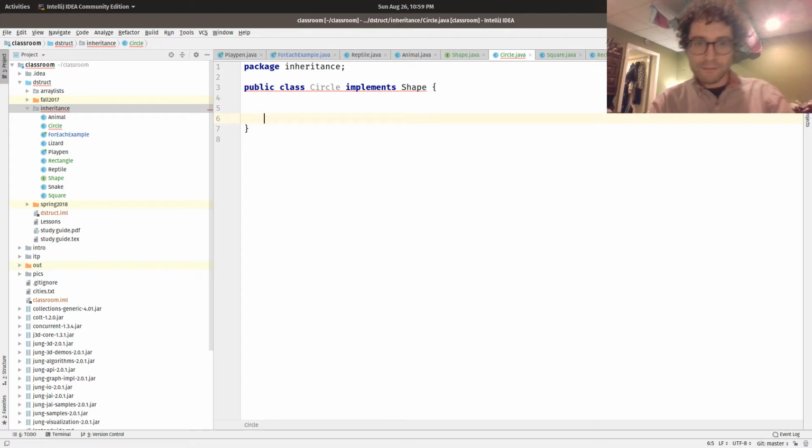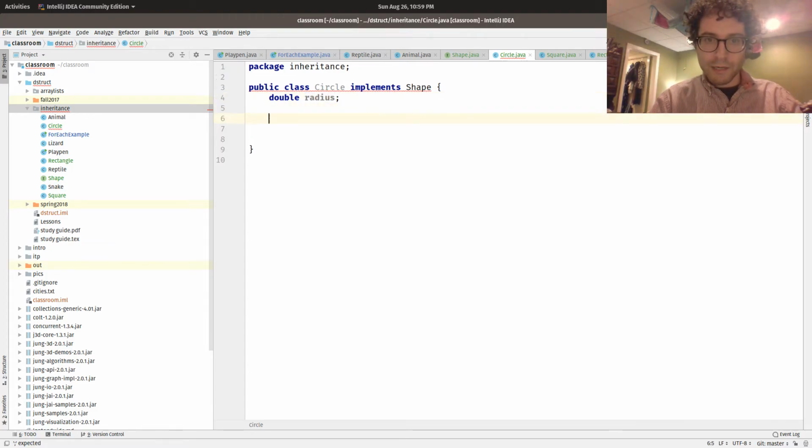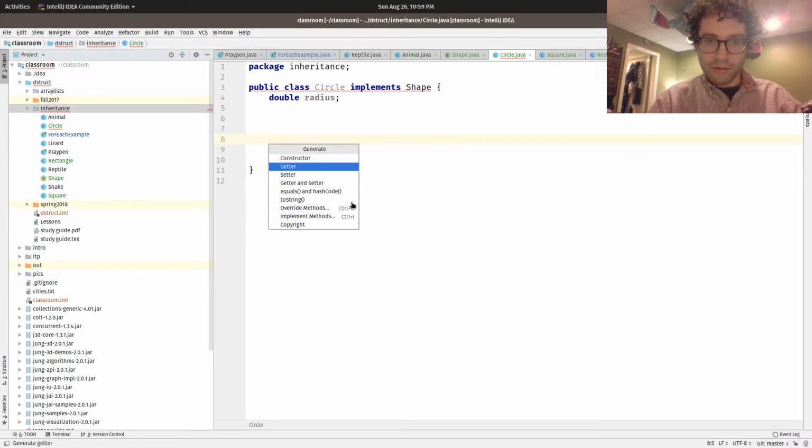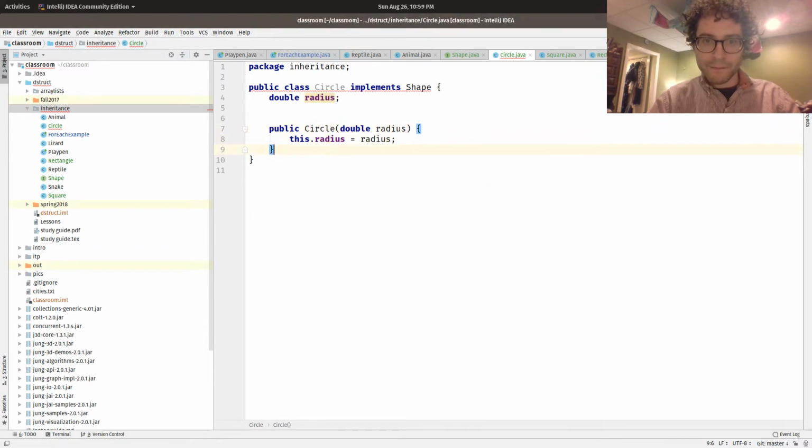Alright, so first let's go ahead and look at what defines a circle. A circle is defined by its radius, a double radius. So let's go ahead and insert a constructor. I'm just auto-generating the constructors right here, simply so we can write these super quickly. And then to implement the methods, let's go ahead, we needed a public double